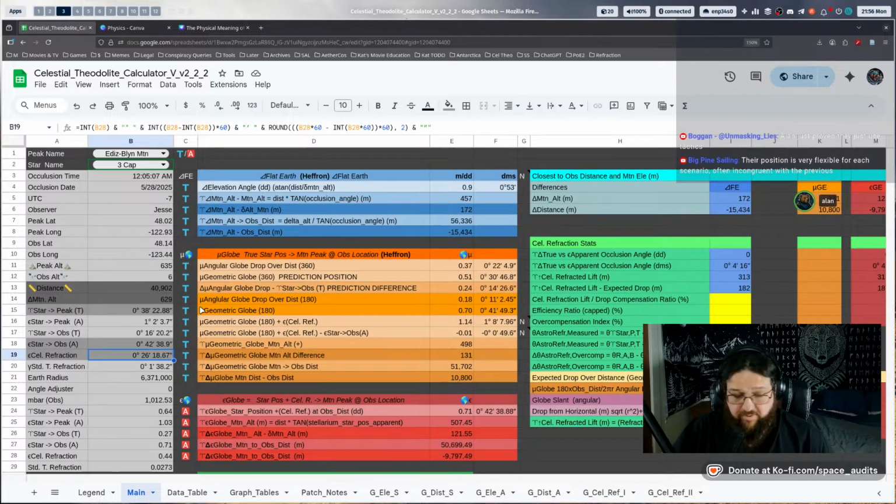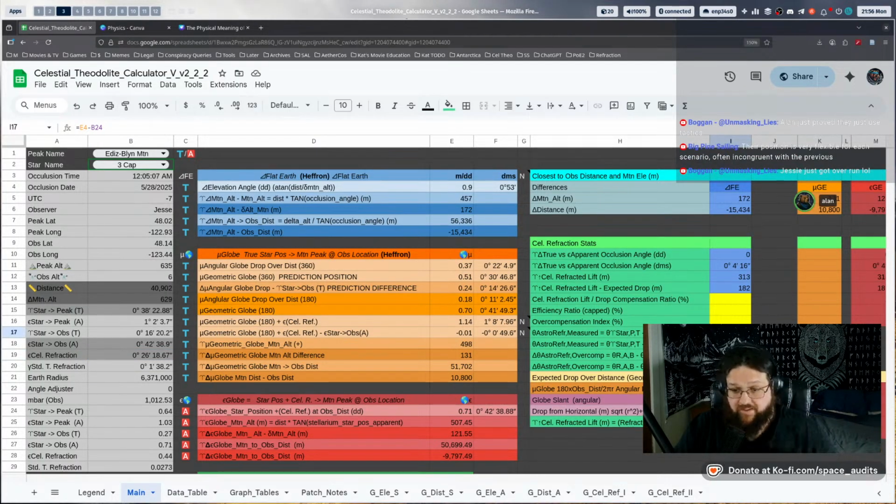Now, the actual separation at the time of occlusion, in other words, the actual amount that the star had to get lower relative to the peak before it was physically intersected, was 14 arc minutes. That's a pretty significant amount, but it is nowhere near the 26 that is projected from the Bennett figures. If you convert that into meters, that creates a difference of 172 meters. So you can think of it like the star had to be 172 meters below the peak before it emerged. I'm sorry, because this was an emergence. I keep calling it an occlusion. So the star here had to be within 172 meters before it was visible.